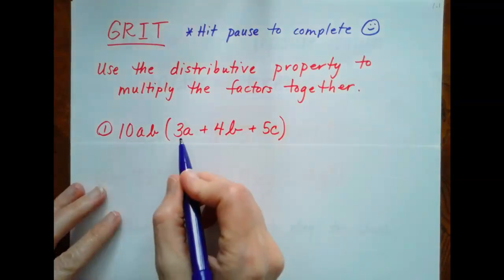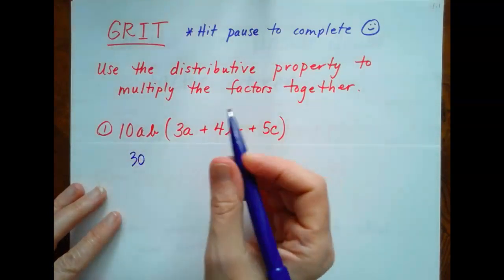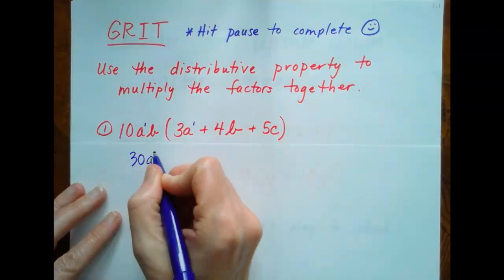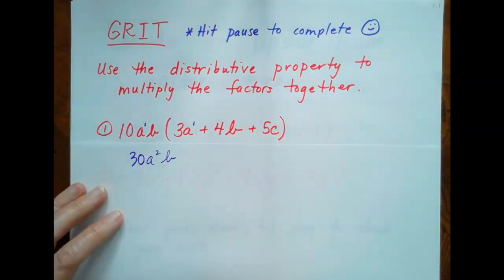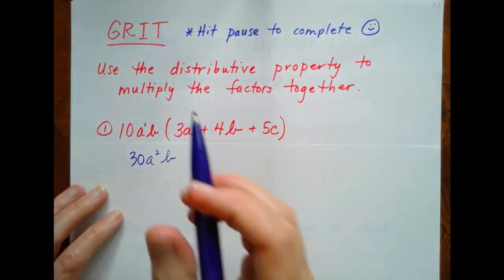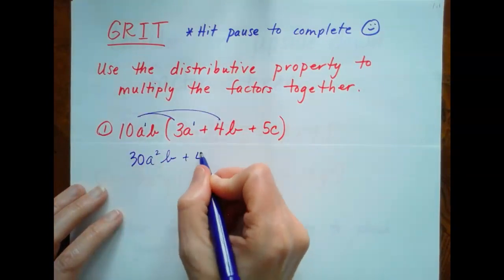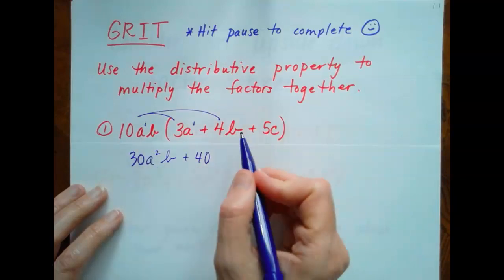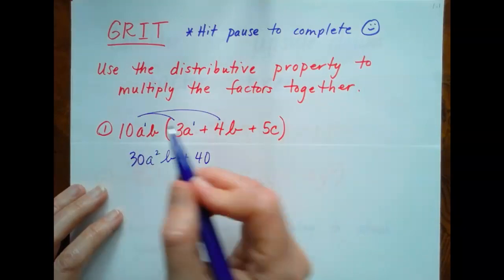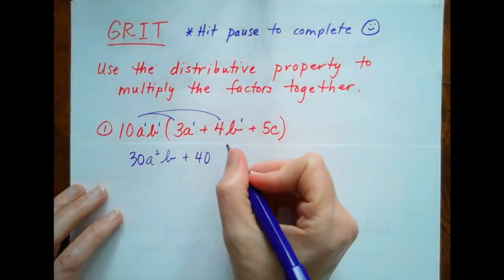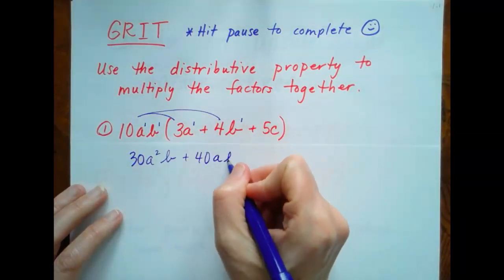So 10 times 3 is 30. A to the first times a to the first is a squared, and then b comes along for the ride. Next, 10 times 4 is 40 ab times b, and remember that's b to the first, that's b to the first, is going to give us ab